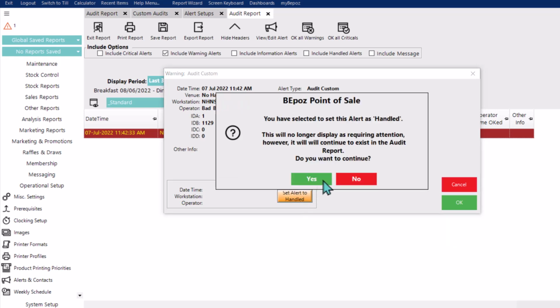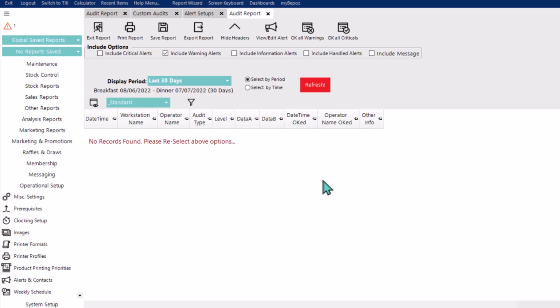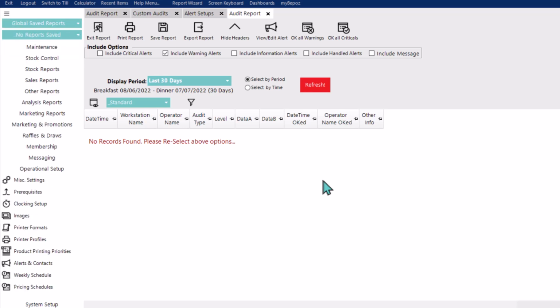But we'll just go ahead and set that one as handled. Now there's one final piece of this lesson left. So focusing on something a little bit different but still very much related to these topics is our till keylog report, which, similar to how the audit report can show us events or occurrences that have happened in the system, the till keylogs report can show every message prompt, list shown, list selection, alphanumeric input, button press, everything logged by